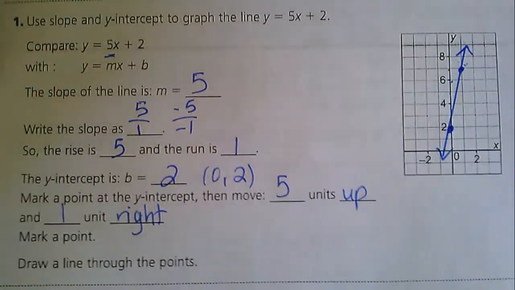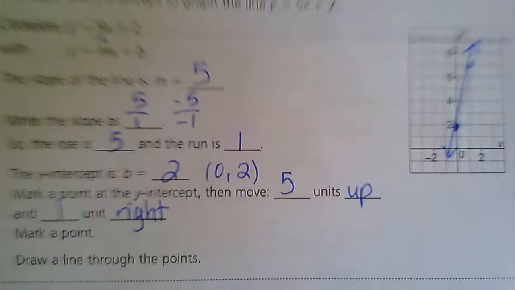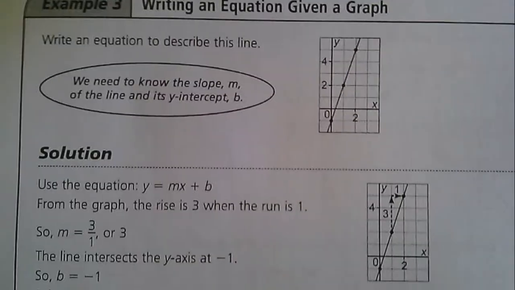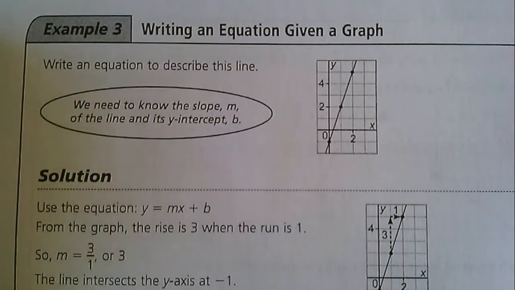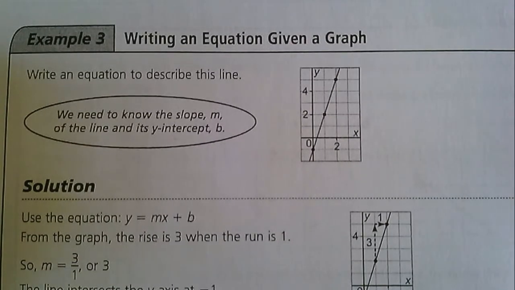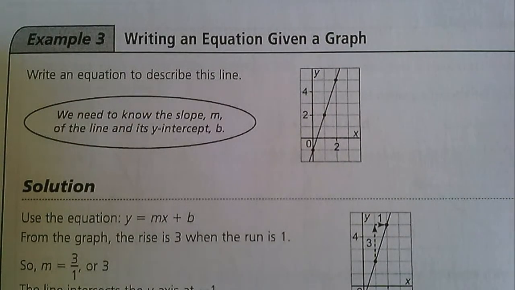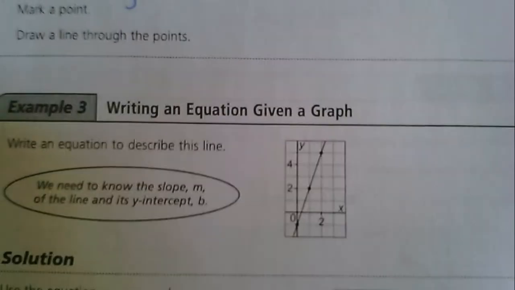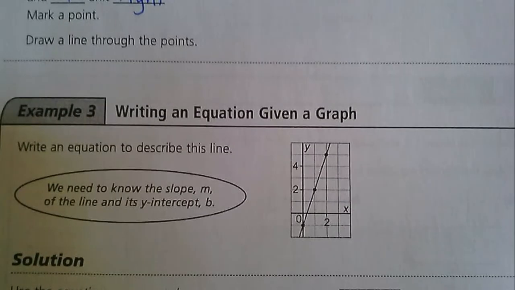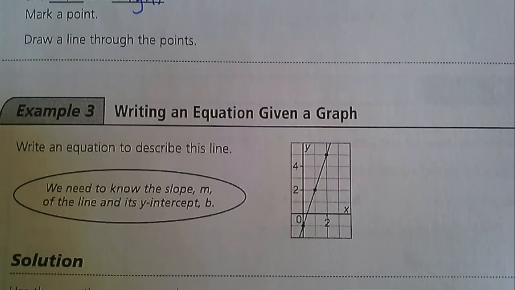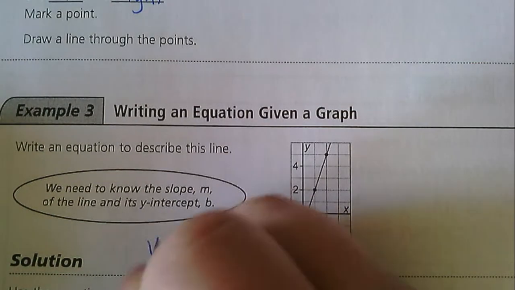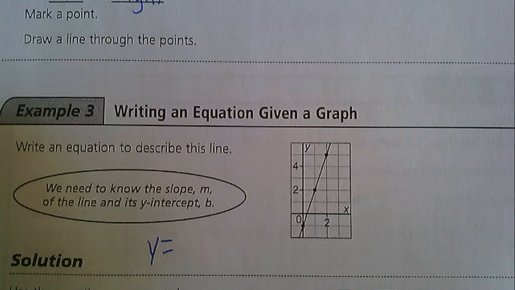So let's take a look at example number 3 now, writing an equation given a graph. In this case, they've given me a picture, and they would like me to come up with the y-intercept form of this, or the equation for this. So I'm going to start with y equals, okay, so I think it'd be easiest to first find your y-intercept,